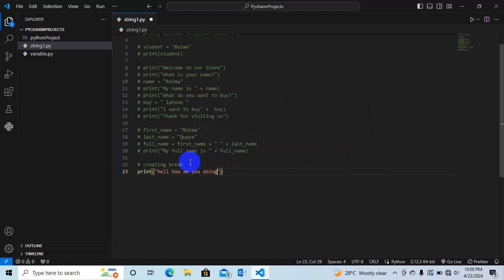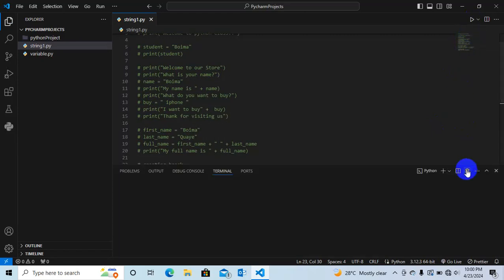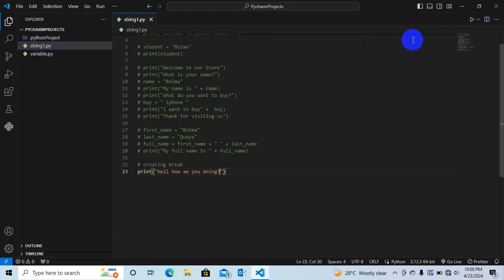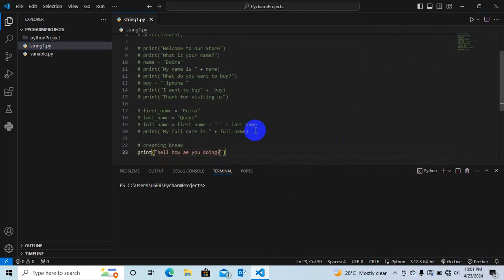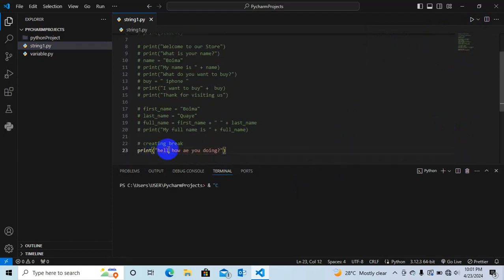So let's print this now. Let's see, how are you doing? Save this and print this. Okay, so we can come out of this and run the Python file. So we get a hello here. So remember this hello is